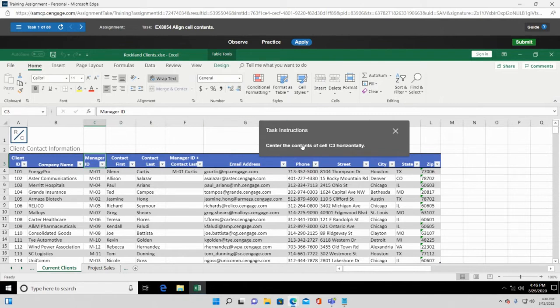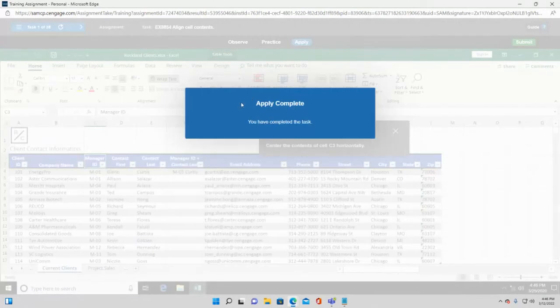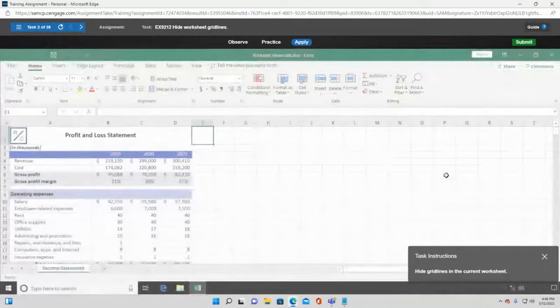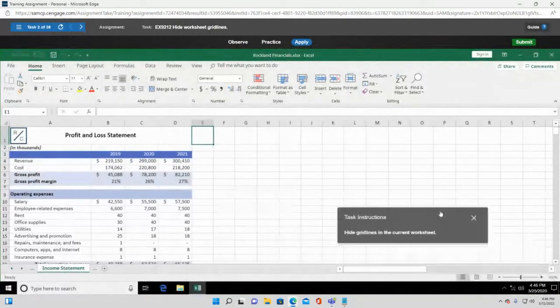Now, I want to center the contents horizontally. So to do that, you just look over here in this alignment group, okay? And this thing here is center your content. So if I click it, it's done. Okay, done. All right. Now, next it says,